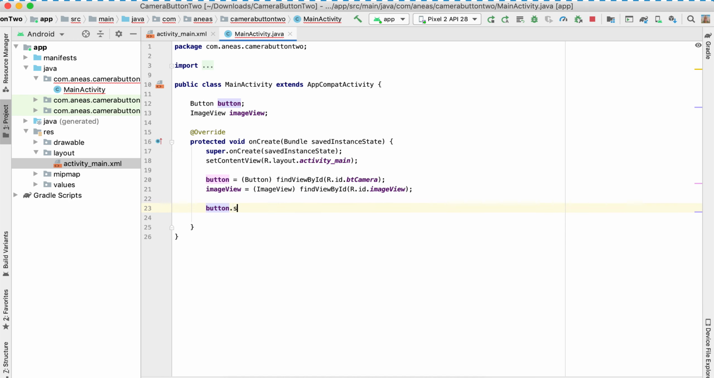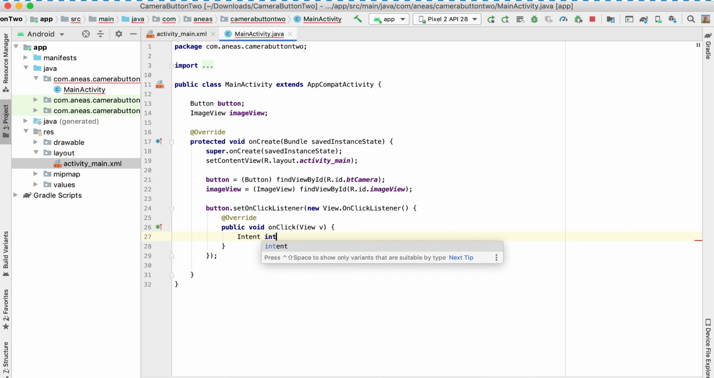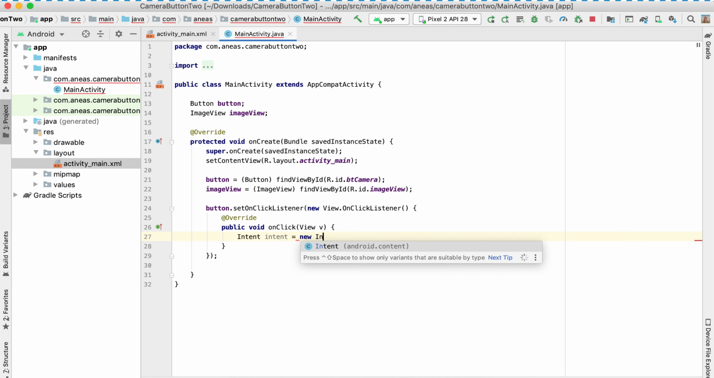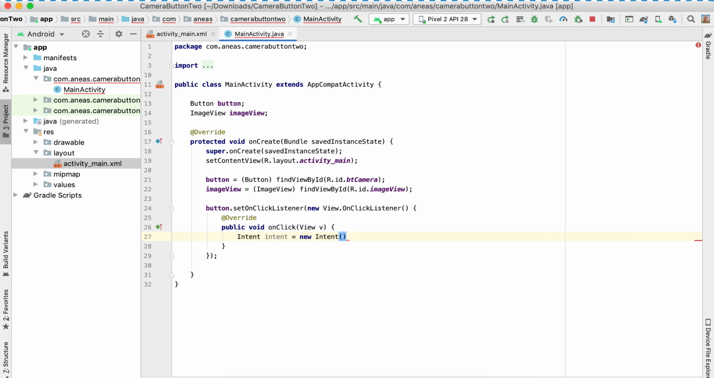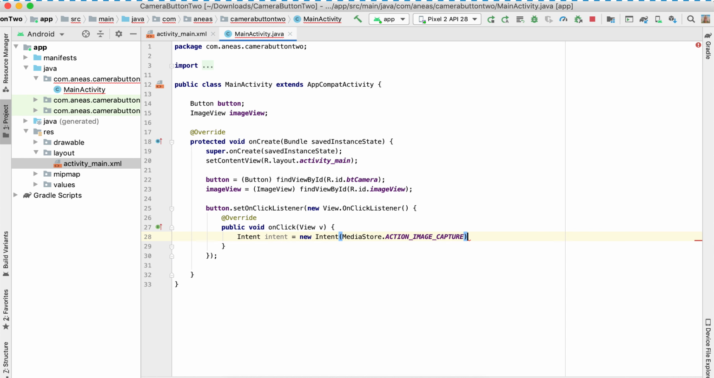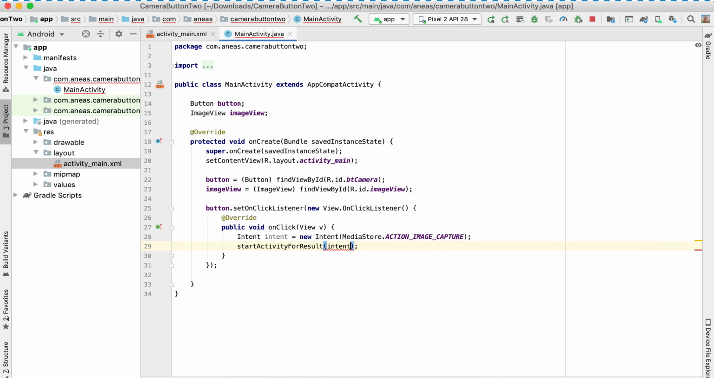Intent equals new Intent, MediaStore.ACTION_IMAGE_CAPTURE. Okay, now below that, put in startActivityForResult, intent, 0. Okay, once that's done, we're going to